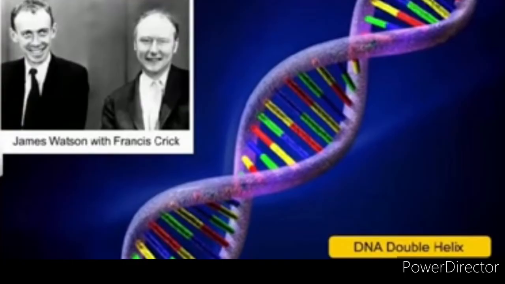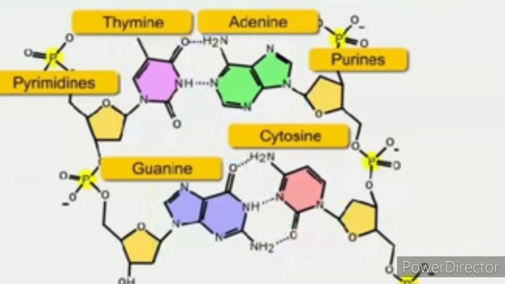According to James D. Watson and Francis Crick, a DNA molecule is made up of two polynucleotide chains. So, it is double-stranded. One strand is with the purine bases. Purine bases are adenine and guanine. The other strand is with the pyrimidine bases, that is thymine and cytosine, paired with hydrogen bonds, and they are